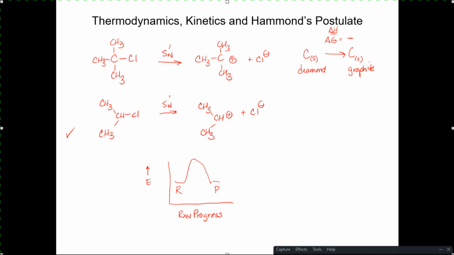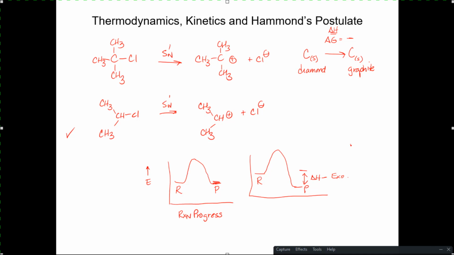Then we have to talk about the thermodynamics in terms of what this reaction is: endothermic, exothermic, or in this case, thermoneutral. This is thermoneutral, right? If the reactants end up with a higher energy than the products, as I go through my transition state down to my final products, that difference in energy, that delta H, is going to be what? Energy is given off. So products minus reactants is going to be negative,